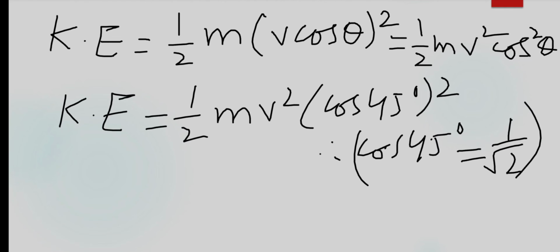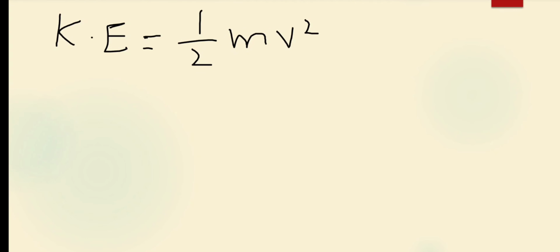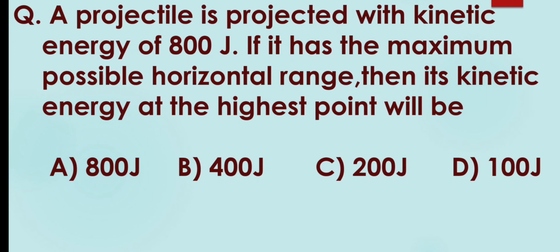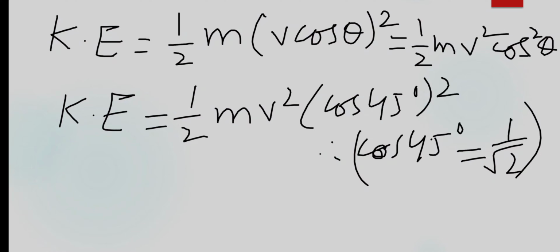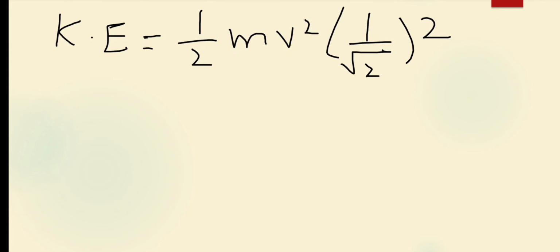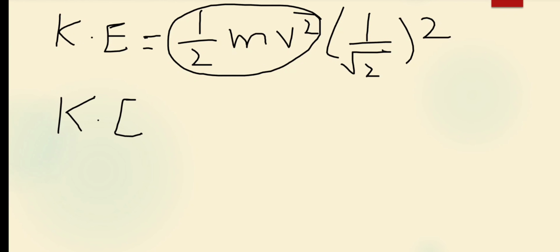So by putting this value, KE will be equal to 1/2 m v square into (1 upon root 2) whole square. As the initial kinetic energy is 800 joule, by putting the value of 800 joule in place of this, KE at the highest point will be equal to